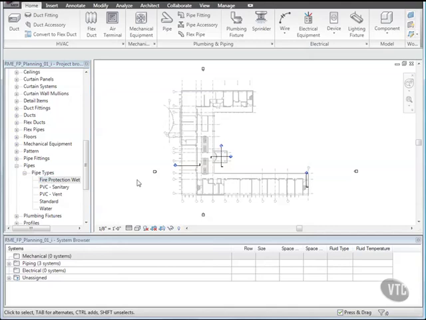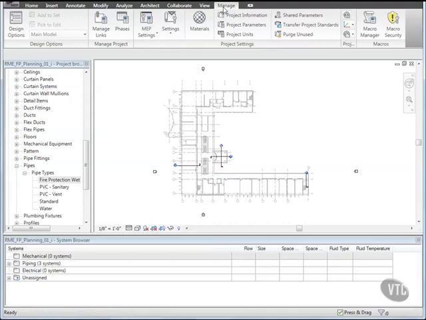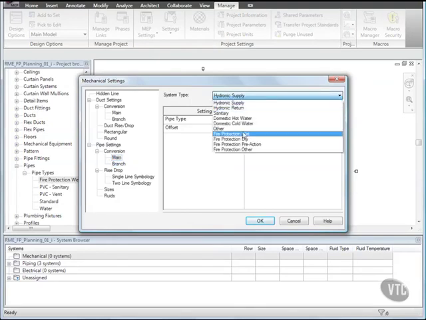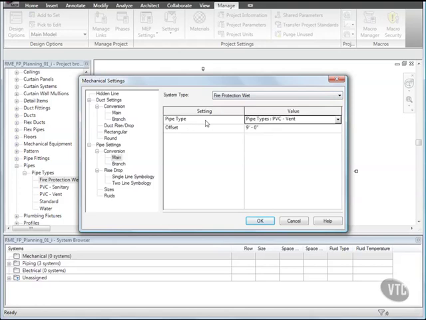Next, we'll configure pipe conversion settings. Click the Manage tab, and from the Project Settings panel, click the MEP Settings drop-down and select Mechanical Settings. In the Mechanical Settings dialog, on the left side, under Pipe Settings, Conversion, select Main, and from System Type, select Fire Protection Wet, and for Pipe Type, select Pipe Types Fire Protection Wet, and verify that the offset is set to 9 feet,